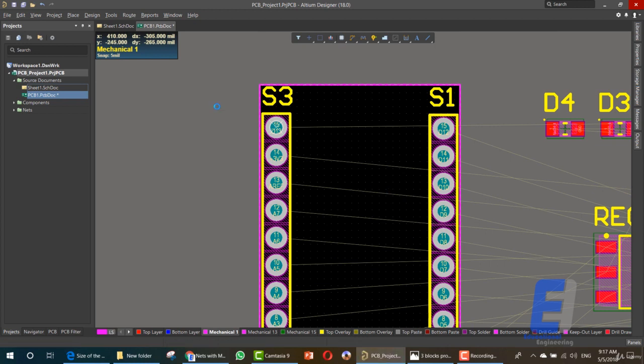Now we have our headers. Let's save our simulation or our PCB design project file. Now what we need to do is